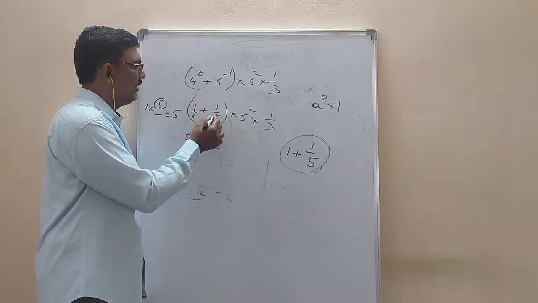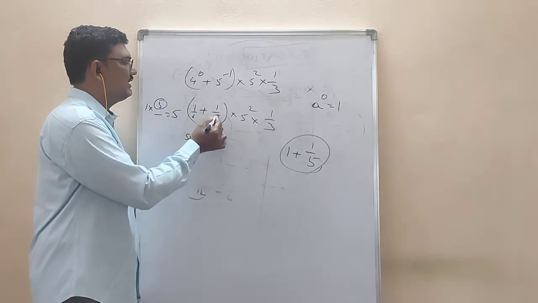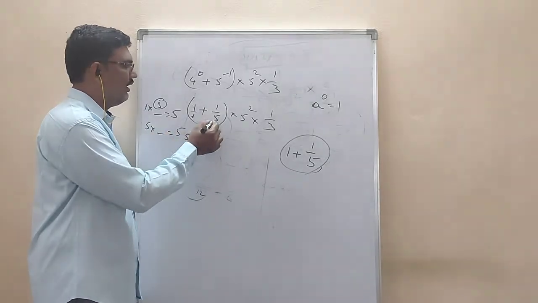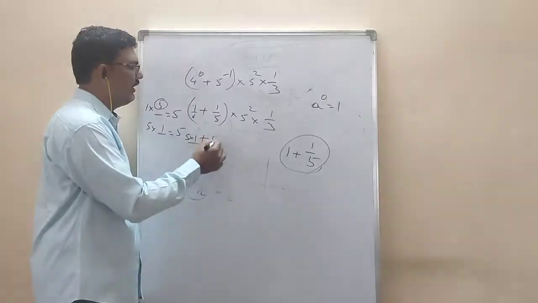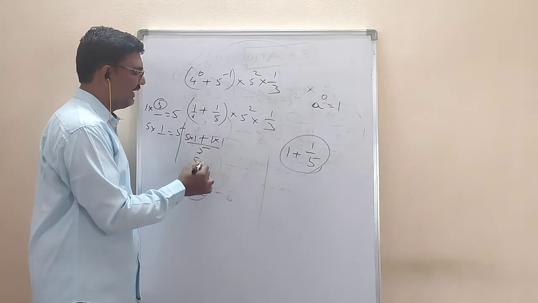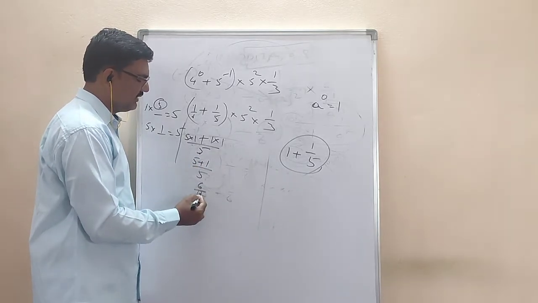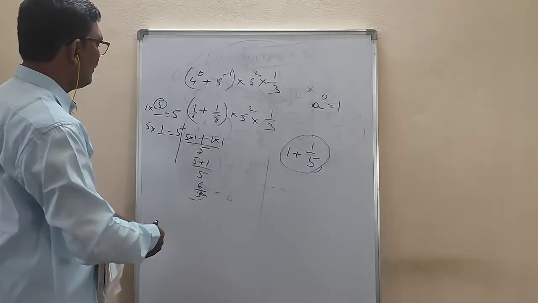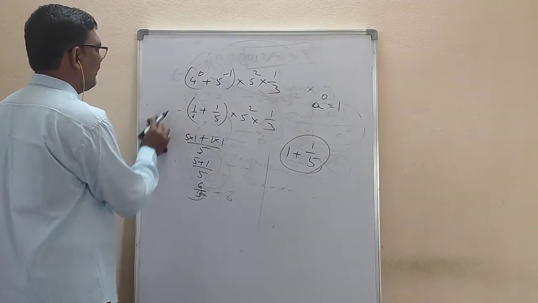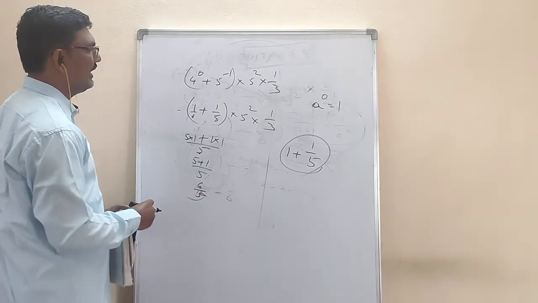How do you perform here? You have to go for this one also. Here the denominator 1 is there. What is there in the denominator here? 5. You have to read the 5 table up to where 5 will come. How many times will 5 go? 1 time. That 1 you have to write here as the numerator. So here 5 ones are how much? 5. 1 ones are 1, plus by 5. 5 plus 1 is 6. So 6 by 5. If you do LCM, you are getting 6 divided by 5. For 1, if you add 1 by 5, you are getting 6 by 5 like this.